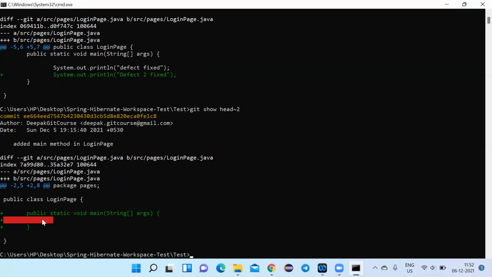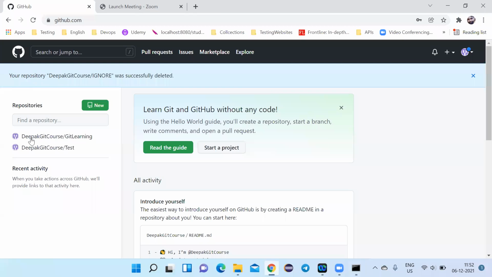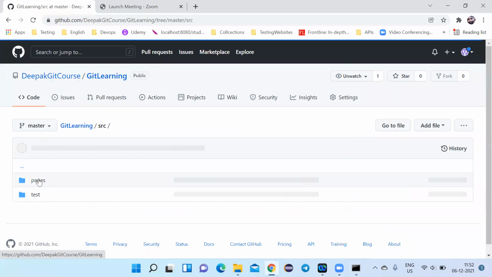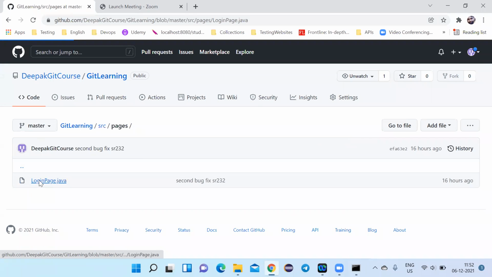Let's say you wanted to see the commit of a specific page, the code in that page. We have here the login page, right? So let me go here, GitHub, source, pages. I wanted to see this code.